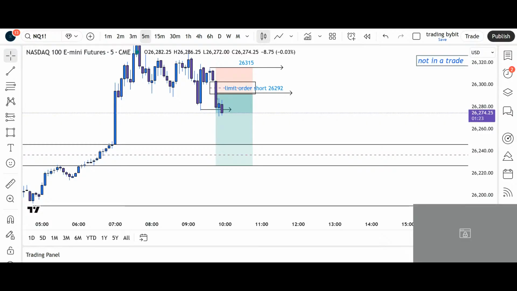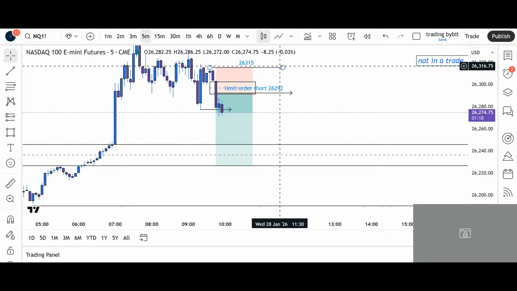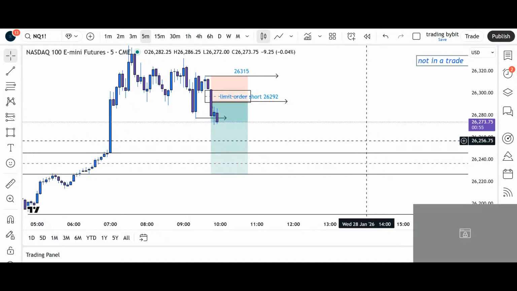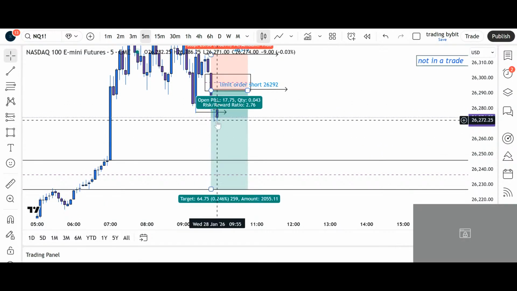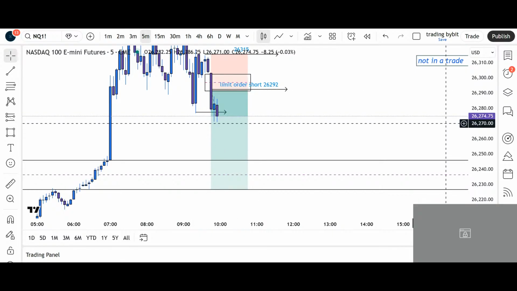Very choppy price action, guys, so not really a fan of it. Gonna let it do its thing. If we get a hit, we're gonna short off of it. If it doesn't, let the market short itself. If you do short from these kinds of levels, make sure that you take profit very fast. So if this gets hit and we get the reaction back to the downside, I'm putting my stop very fast to break even.